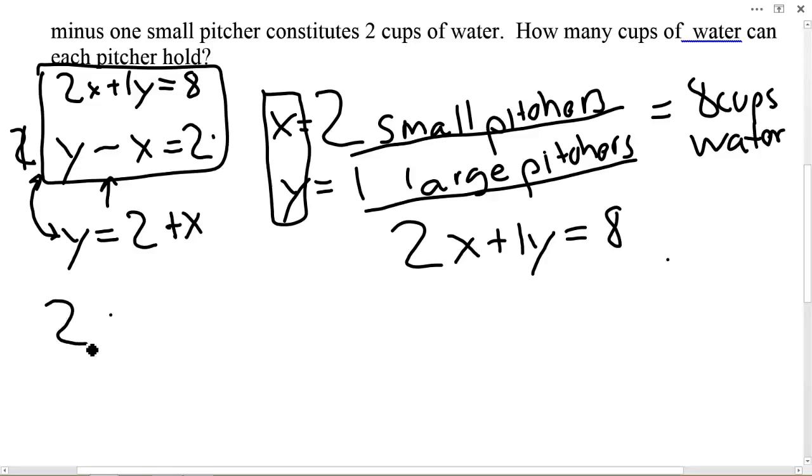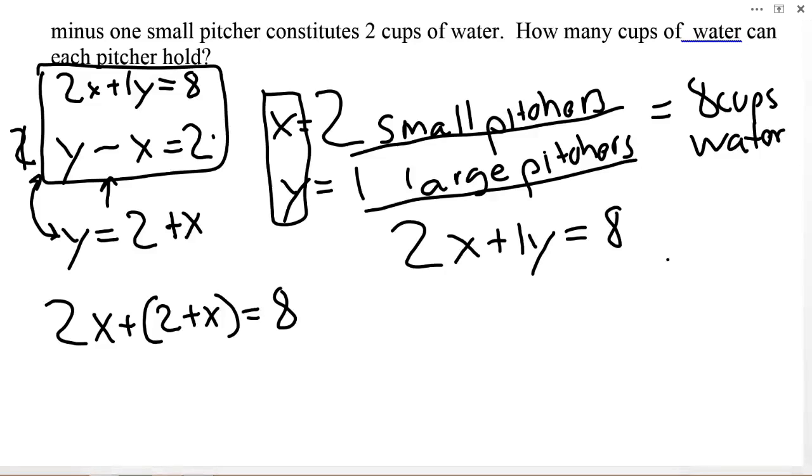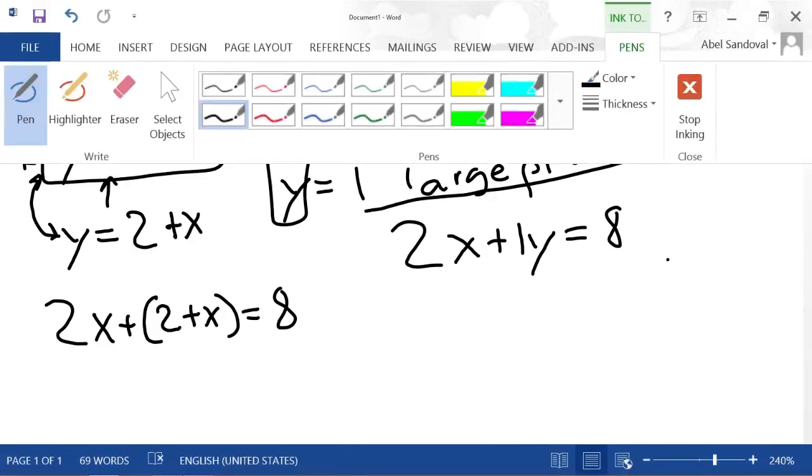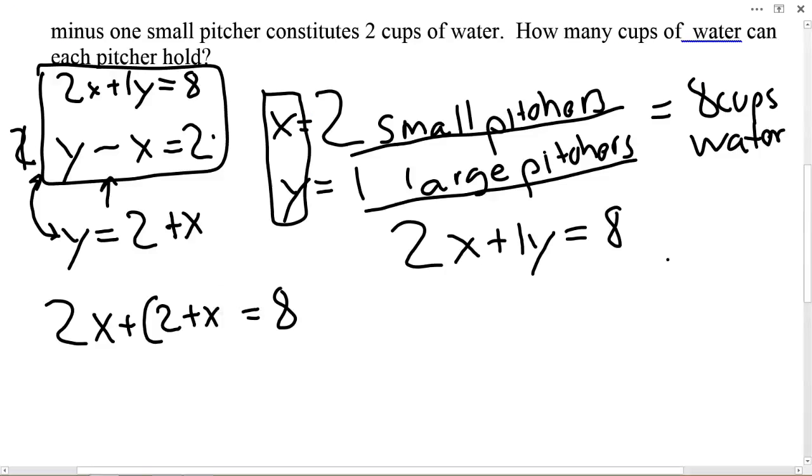So we got our 2x plus our 1y, or just y, remember? So let's put that in parentheses. So it's 2x plus (2 plus x) equals 8. And let's just solve for this equation. Parentheses, there's nothing we could do inside the parentheses. So let's take off the parentheses, because it really doesn't matter. So I'll take this one off, take this one off. Oops, I deleted the 2. Okay,